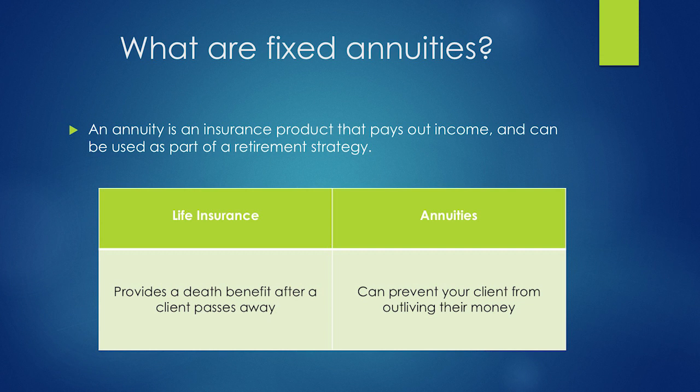The thing is, you have a limited pot of money, and what do you do to keep from outliving that money? Annuities are the answer, because there's no other investment that guarantees you, regardless of what the actual performance is, that they're going to provide you with an income for as long as you live. And that's become very important today, because people are tending to live much longer than they have in the past.